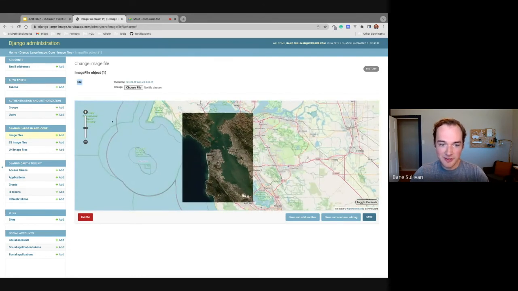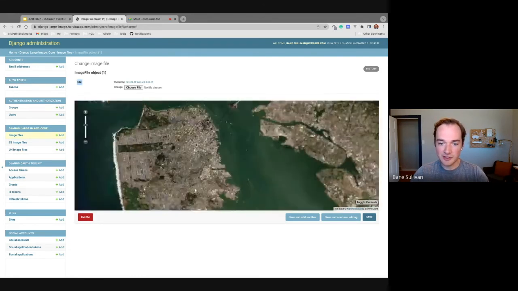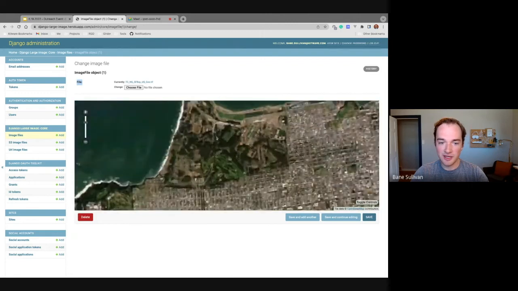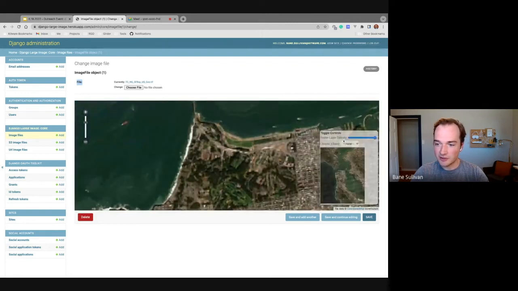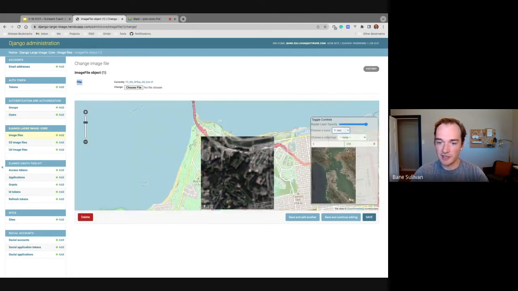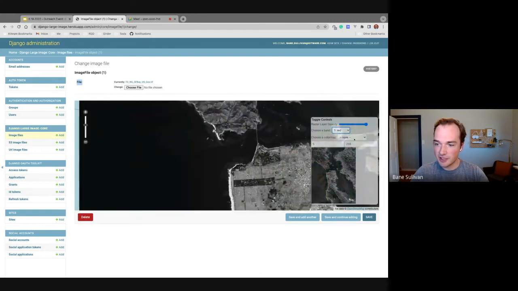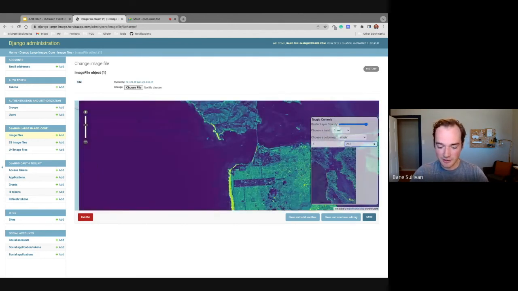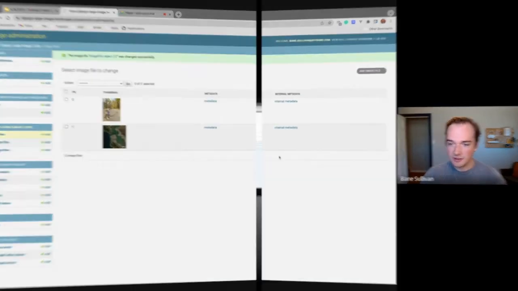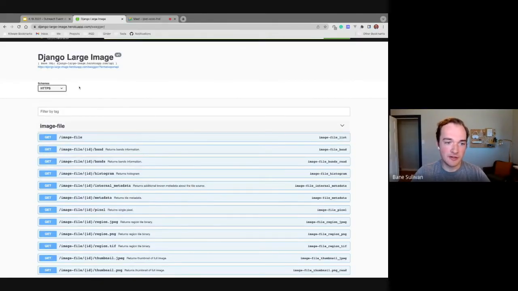And in my admin interface, I've included that template where I can quickly come in and preview my tiles interactively, toggle the controls. Maybe I want to view a specific band. I can view the first channel, and maybe I want to color map this to a matplotlib Viridis color map, change my min and max maybe down to 150. And here is an example Swagger interface of the project